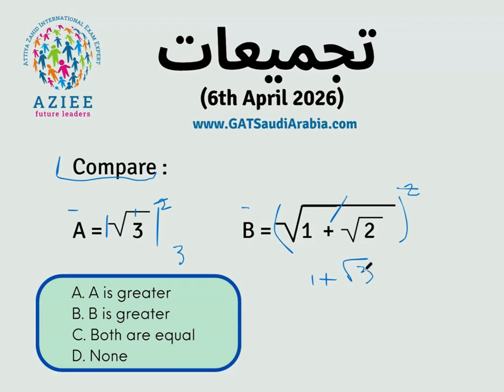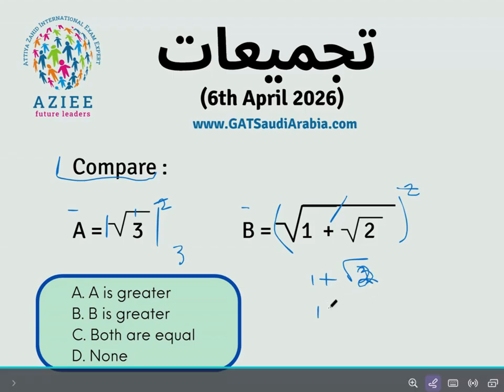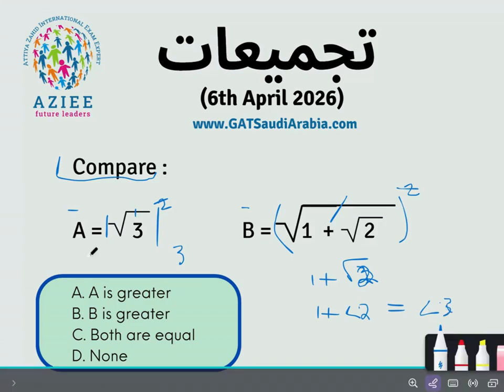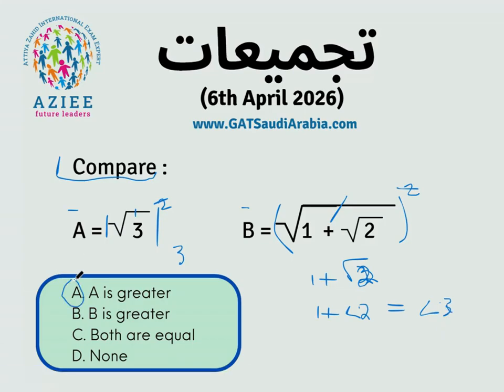Root 2 is a little less than 2 because root 4 equals 2, so root 2 is less than 2. 1 plus a number that is less than 2 is going to give me an answer that is less than 3. So we have our correct option, that is A. A is greater than